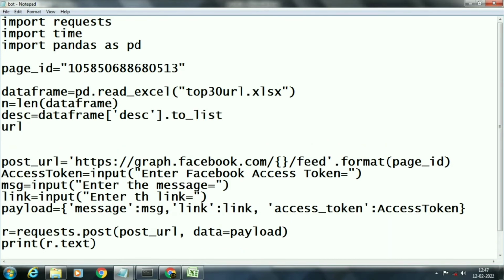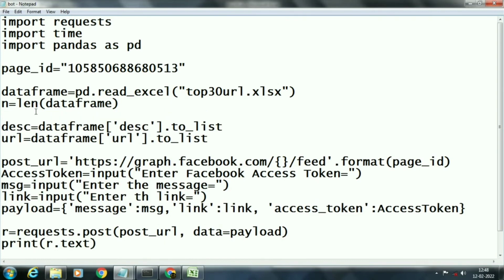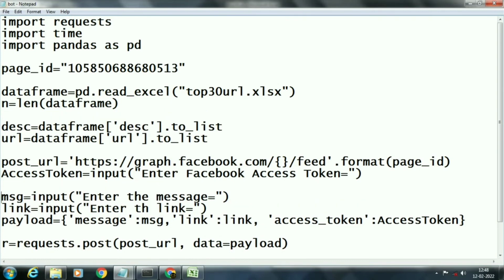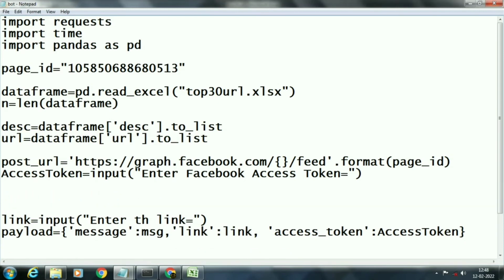Both names are the same as in your Excel file. Now there is no need for a message input and link input. We will create message and link by using these two lists. So we will delete the message and link input statements.